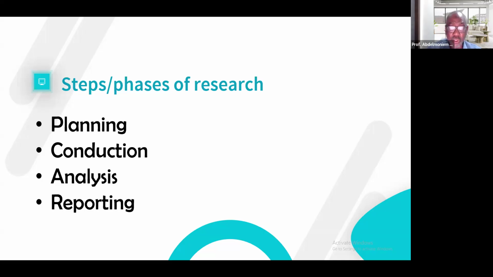So what sort of tools can you use for visualization and analysis? And finally, when you are writing your manuscript, what sort of AI tools can you use for the reporting step? So let's agree, although there are other ways of dividing the steps of research, I'm using this one for organizational purposes. So let us start with the first one, which is the planning.